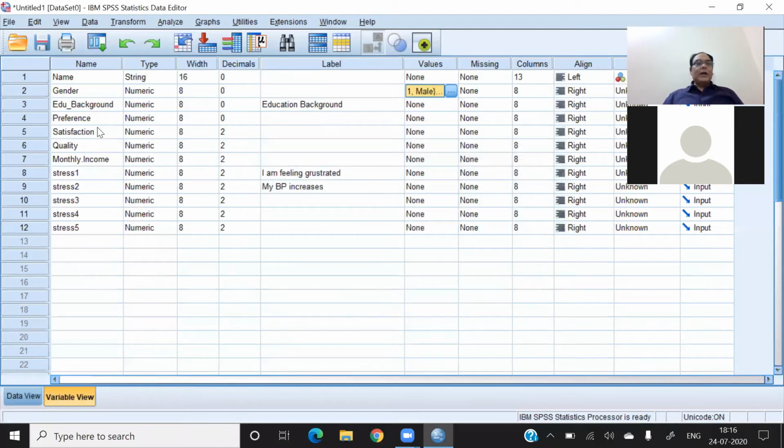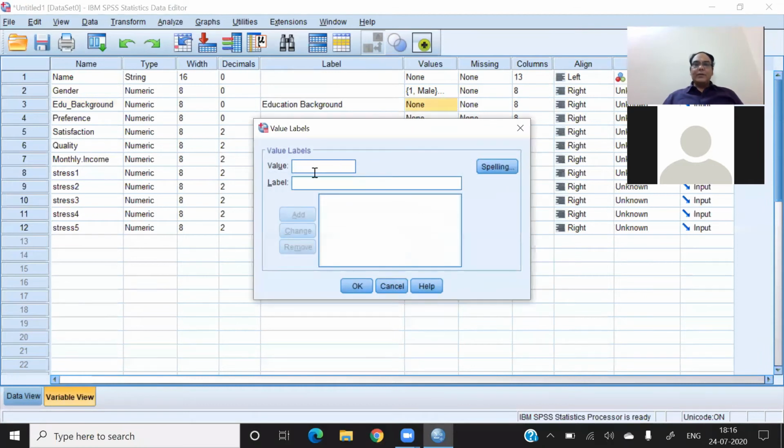Similarly, education background is one of the variables here, and suppose there are 3 education backgrounds, and I want to define them as numbers. So I can define 1 as MBA, 2 as MTech, and 3 as MCA. Now education background is defined by numbers.